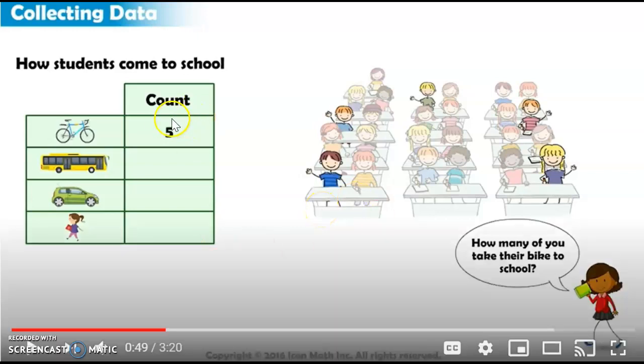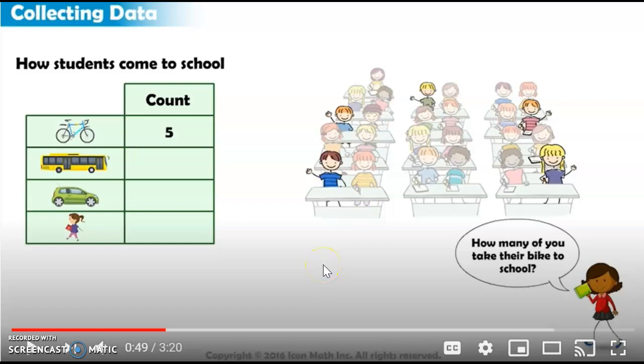Okay, so in this example, she's just written 5. In the tally chart that I gave you, this is actually a tally chart we're doing. We would have done 1, 2, 3, 4, 5 with the dash through. You can do it this way because you've got everybody there and you can count them and do it in